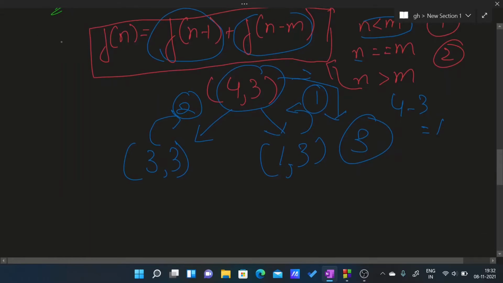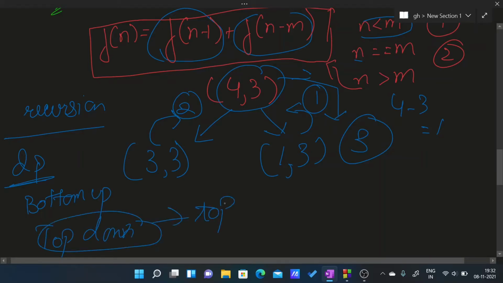So now I'll just code it real quick. We can do it using recursion. The time complexity will be exponential, so we can optimize it using dynamic programming, either in bottom-up approach or top-down. Before that,